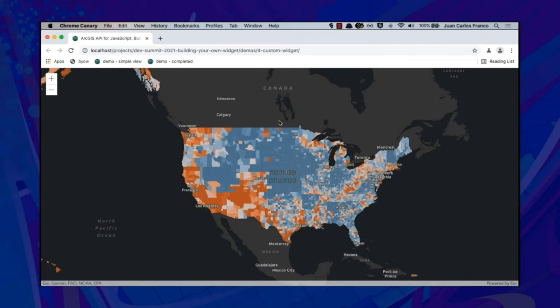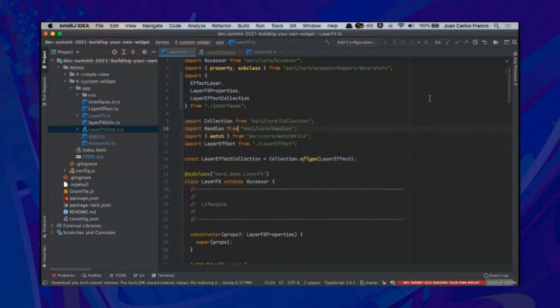And even if it's not visible, this is already wired up to load and display the widget in the upper right corner, although we don't see it because we haven't started. So let's get to it. This picks up from the previous demos, and I will call your attention to the LayerFX file, which we did